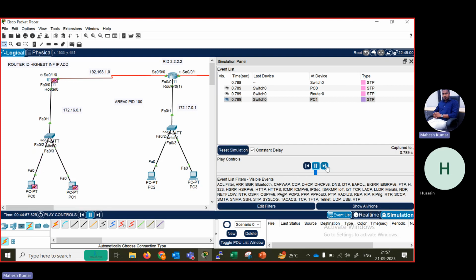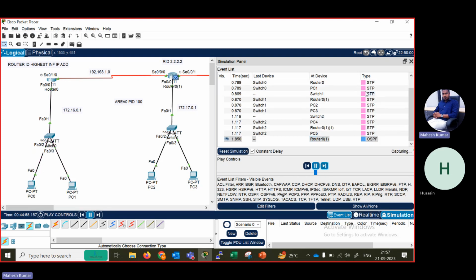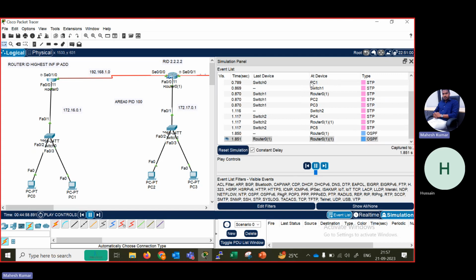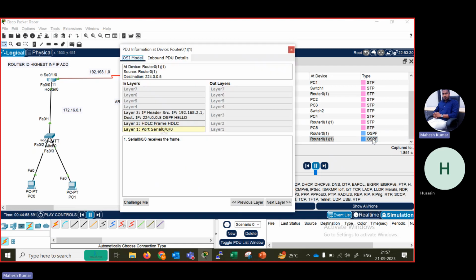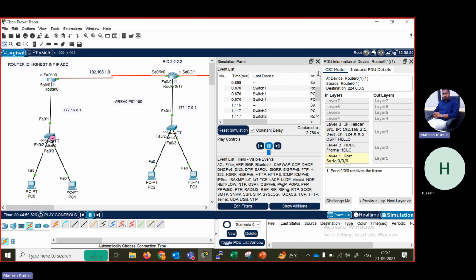Now the packet is going. These are the packet types, and the devices like switch and router. So this is the OSPF packet. In every 10 seconds they are sending. So what are the details there? If you check,